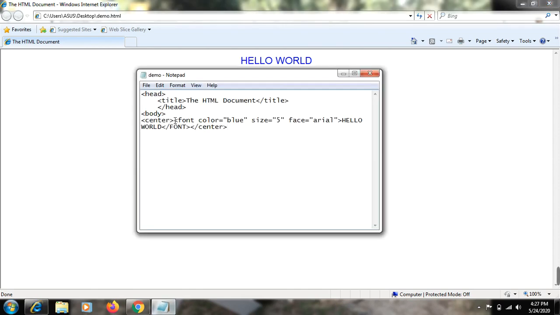Now let's see how we can use the base font tag. The font and base font tag have almost the same attributes, so we can cut it from here, and we can place this after the head tag, and here we give base font.